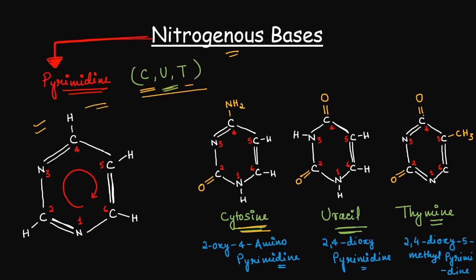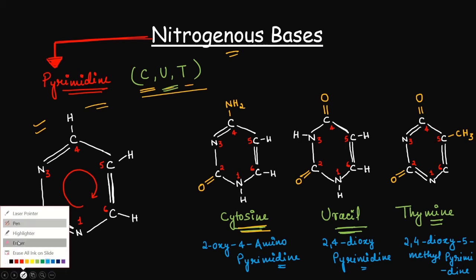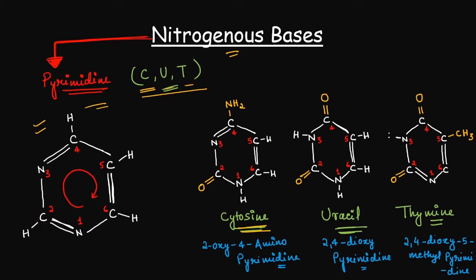Okay, so here the carbon is showing 5 bonds. Now to balance the electrons, one hydrogen will go there. Here 5 bonds are there, so one is removed. Now nitrogen will have one hydrogen, and to balance the electrons here, this carbon has only 3 bonds, so one hydrogen, and here the electrons are balanced. So this is the thymine structure. Now see how easy it gets to remember all the nitrogenous bases and to draw the structure of these bases once you have learned the structure of the parent compound. So this is cytosine, uracil and thymine.